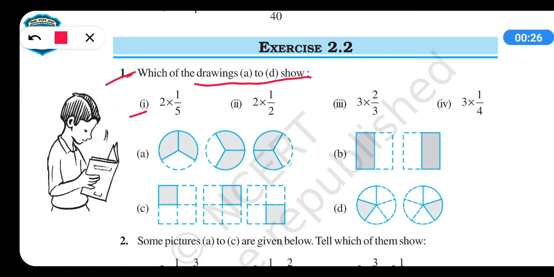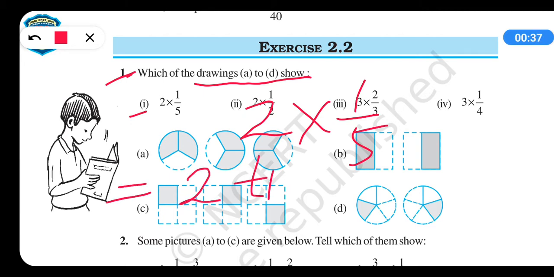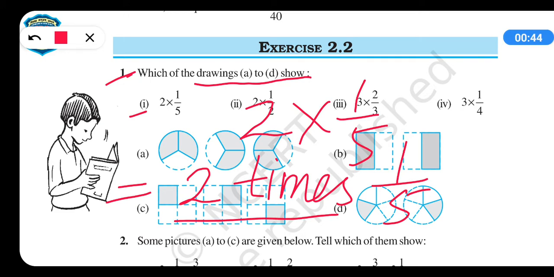So first let us understand what is the meaning of 2 multiply 1 upon 5. You have to read this number as 2 times 1 upon 5. This is the meaning. 2 times यानी 2 बार 1 upon 5 यानी 1 upon 5, 1 upon 5. This is the meaning, right? 1 upon 5 2 times. So in mathematics 2 into 1 upon 5. This is the meaning, right?